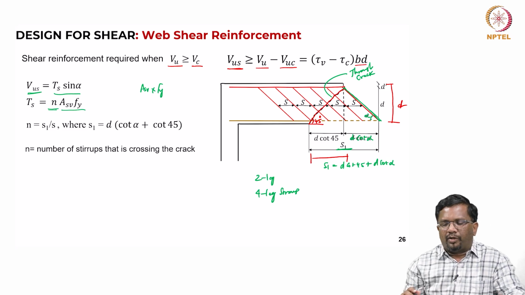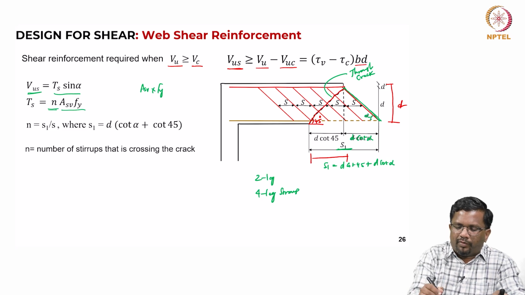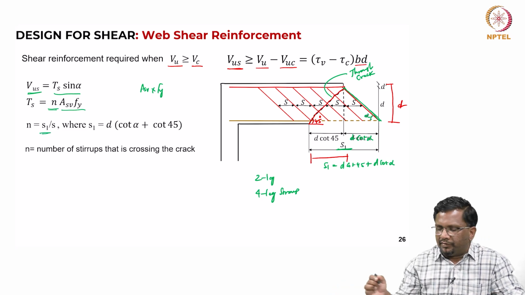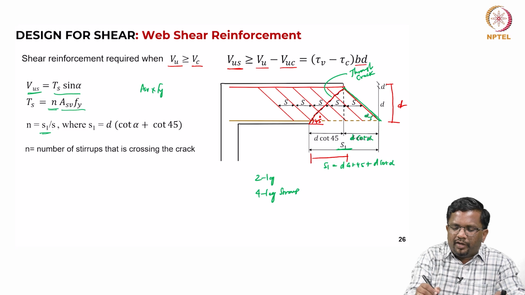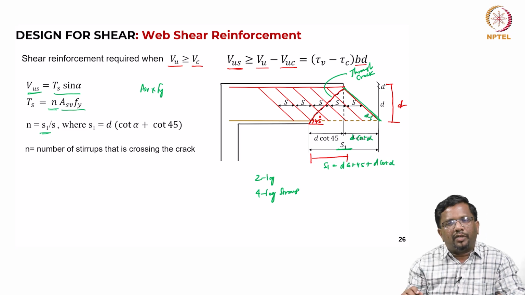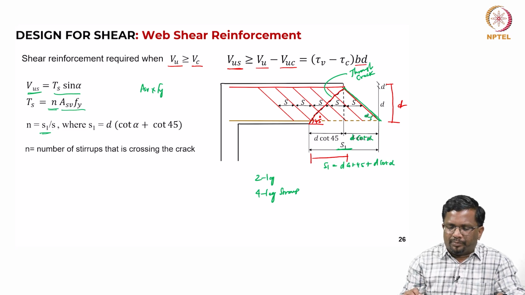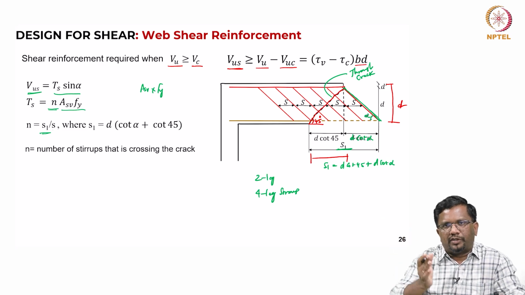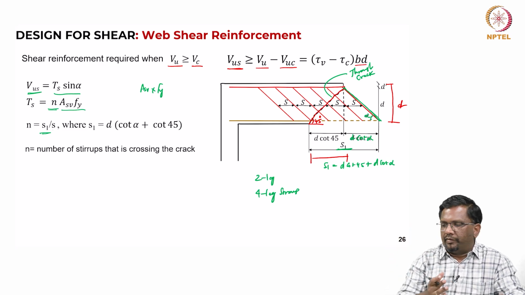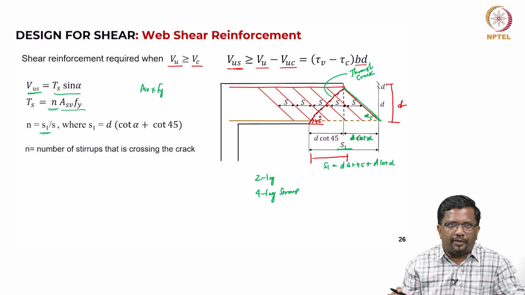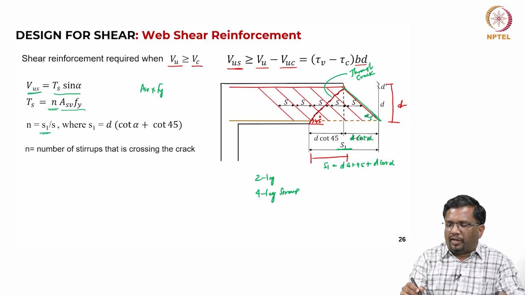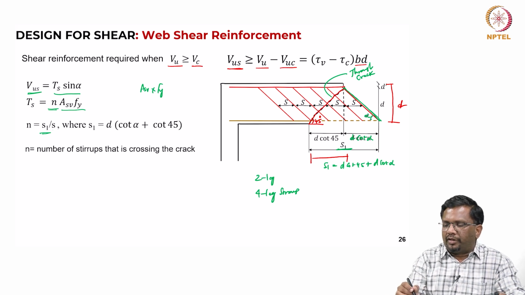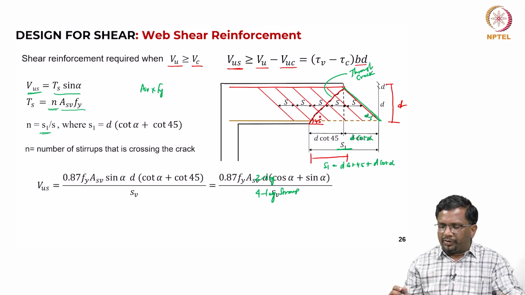Now, we have to find out how many stirrups are actually crossing the crack. That will come from S1, the distance that we have taken, divided by S. S is nothing but the spacing of the stirrups. So, S1 by S gives me the number of stirrups actually crossing this crack, which we are taking at 45 degree, right. S1 we have already calculated as d cot alpha plus d cot 45, and if you substitute that,